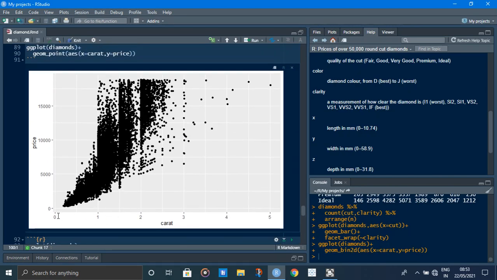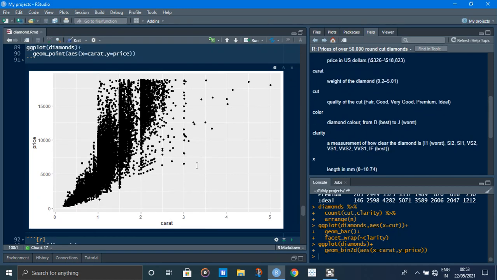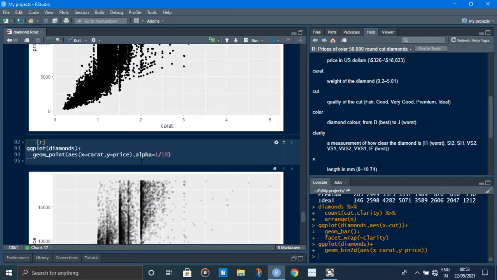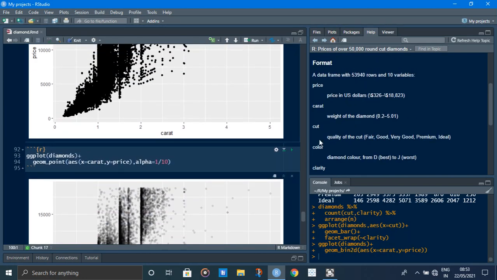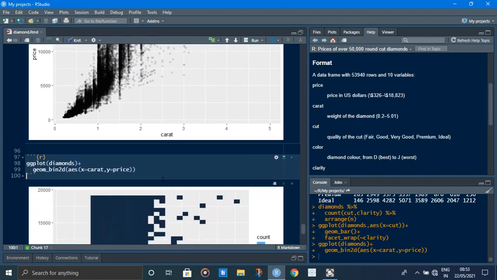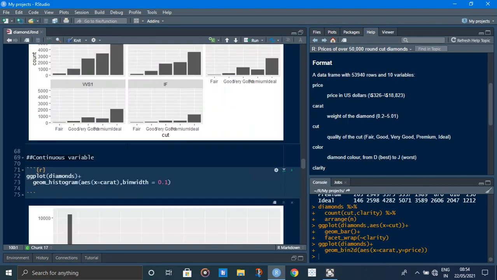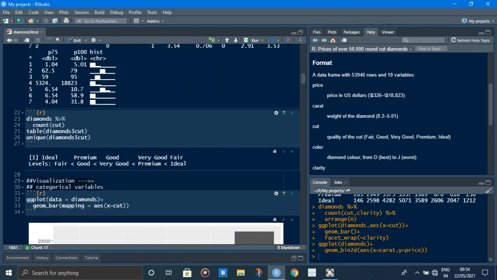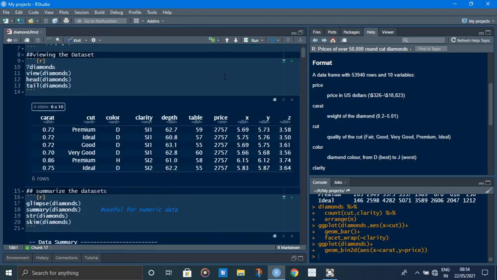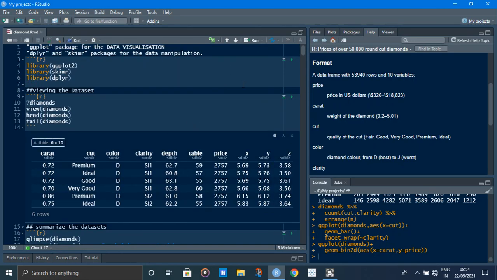From here we can see if the carat, which means the weight of the diamond, increases, the price of the diamond also increases, and if the cut, meaning quality, of the diamond increases, the price of the diamond also increases. So this conclusion we can extract at the end of the data analysis. Thank you.